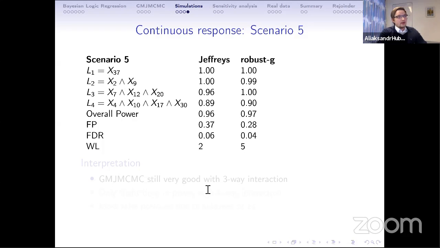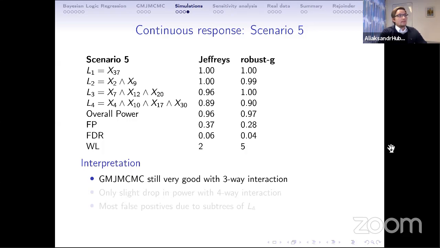After running the GMGMCMC algorithm on 32 cores for these 100 replicates of the data, we could evaluate the power of recovering the individual trees, and we can clearly see that the power is very high for at least 1-way, 2-way, and 3-way interactions. We have a somewhat slight drop for the 4-way interaction, but still the power of recovering this complex logical expression is on the level of around 90%, whereas the overall power is around 96 to 97% for both Jeffreys and robust G priors. The false discovery rate is controlled at the 0.1 level, and the number of false positives is